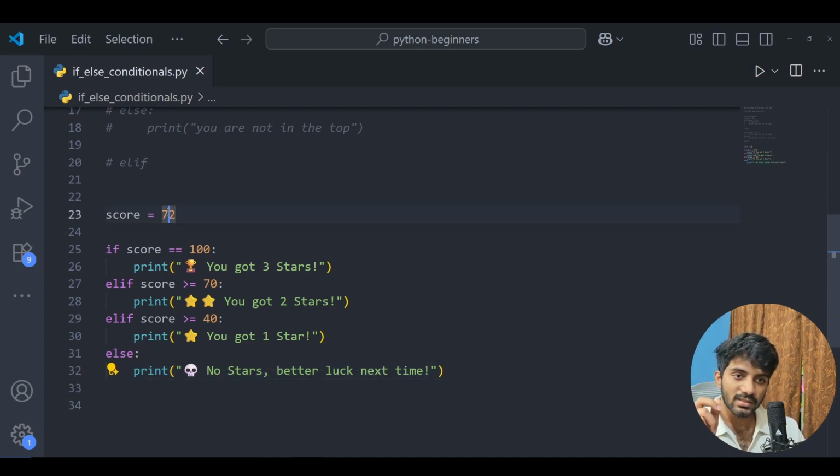So the score is 72, right? The program comes here. It checks whether the score is equal to 100 or not. It's not equal, so this block of the code won't be executed. The control will move to the next condition. It's not an else. This is an elif, meaning there is an if condition here also. It will check this condition. Let's see if the score is greater than 70. Obviously, the score is greater than 70, so this will print the 2 stars statement, and after that, it